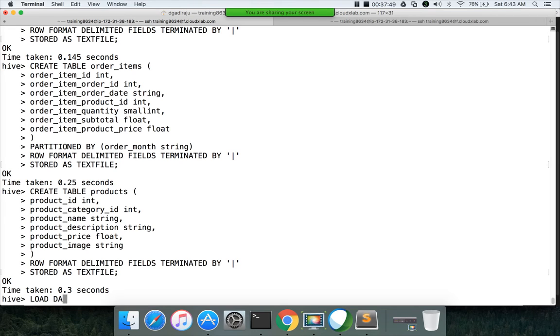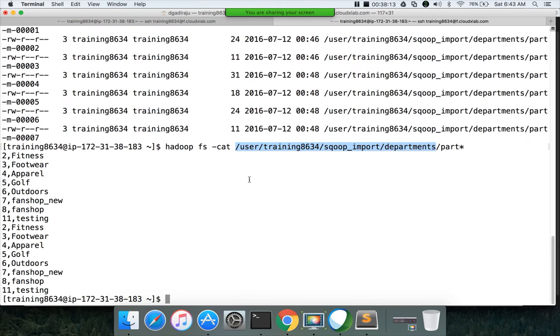So: load data inpath, and then paste the directory location from where we want to copy the data. Here we are saying load data inpath. If you want to copy the data from the local file system, in the sense the files which are here,